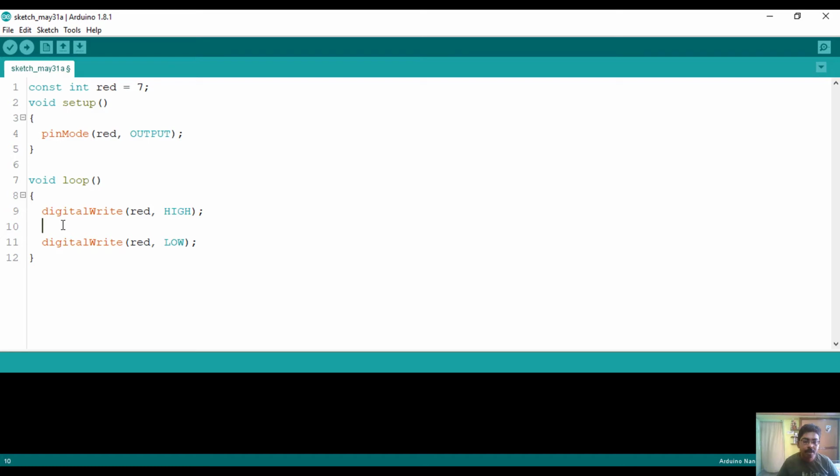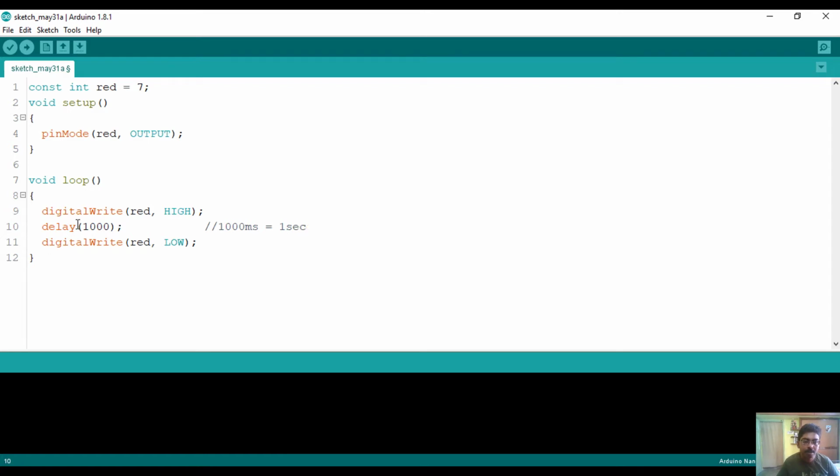For inserting a delay, type delay(1000). Here 1000 represents 1000 milliseconds, which is equal to 1 second.